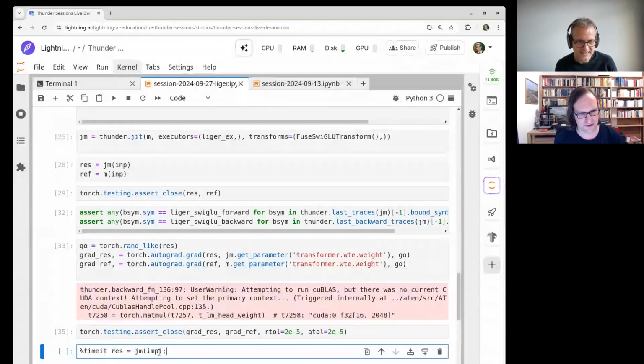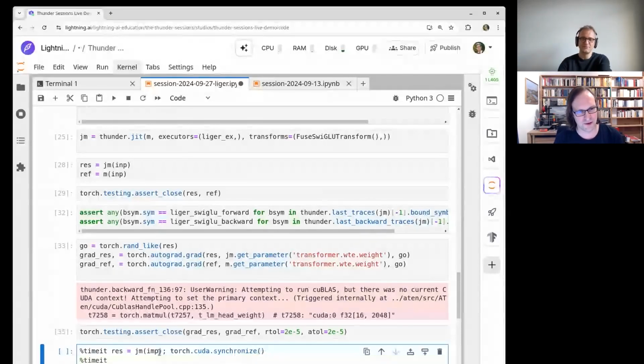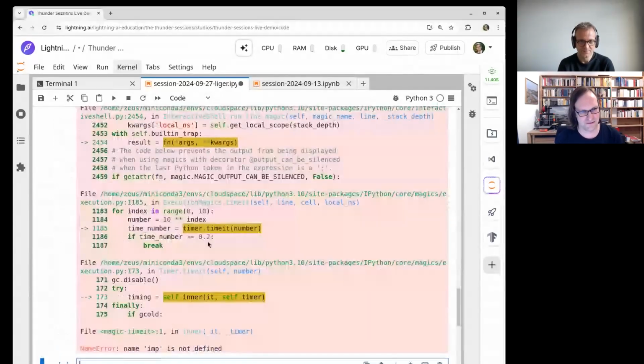Okay, so let's do torch CUDA synchronize. Yeah, don't forget. If you're doing this at home, synchronize your CUDA. Oh, it's int, not imp.